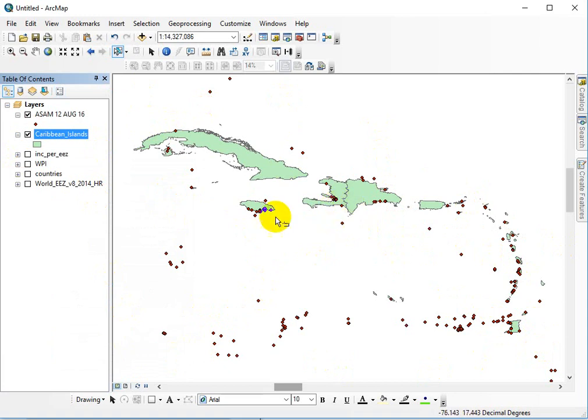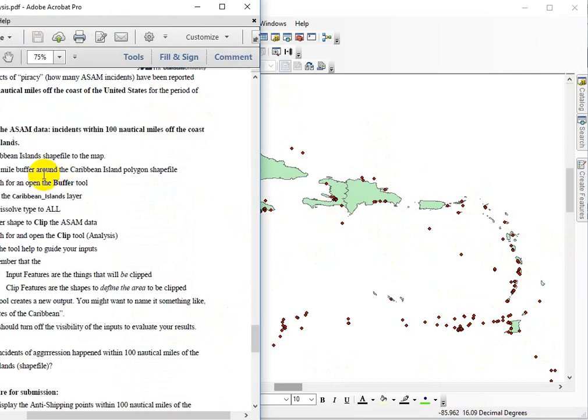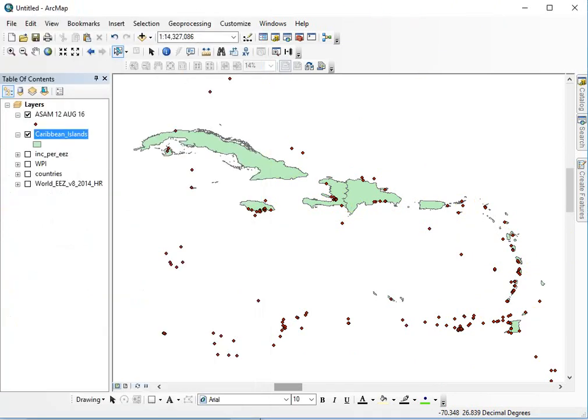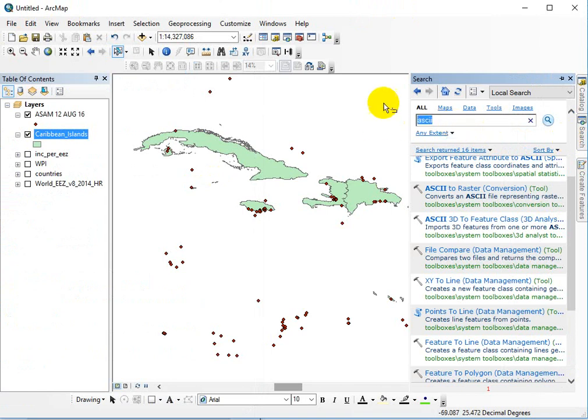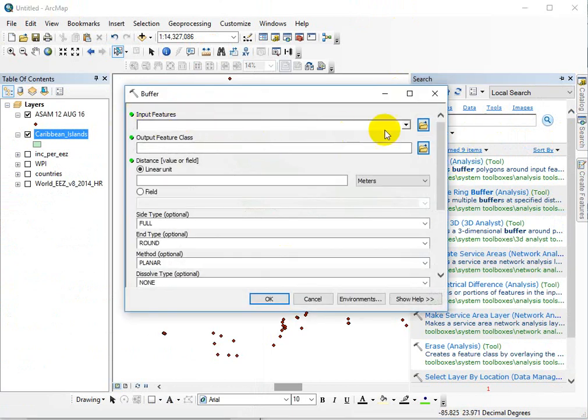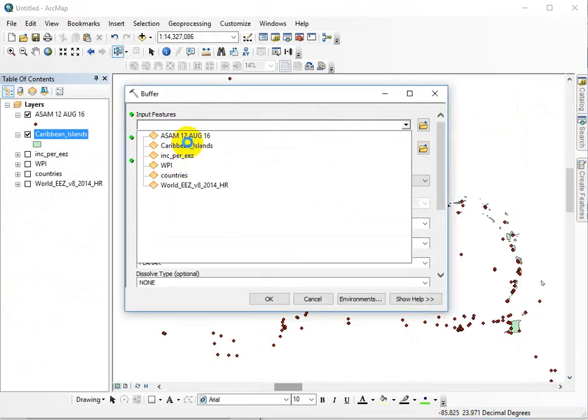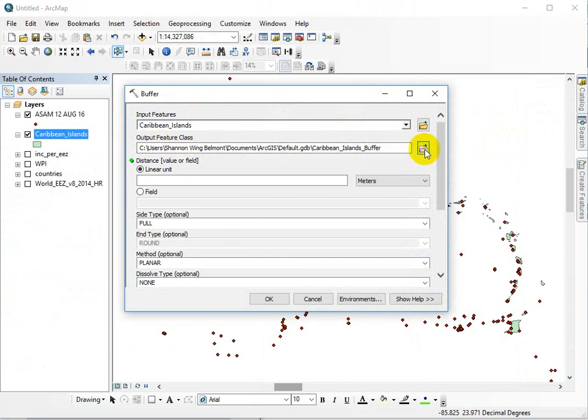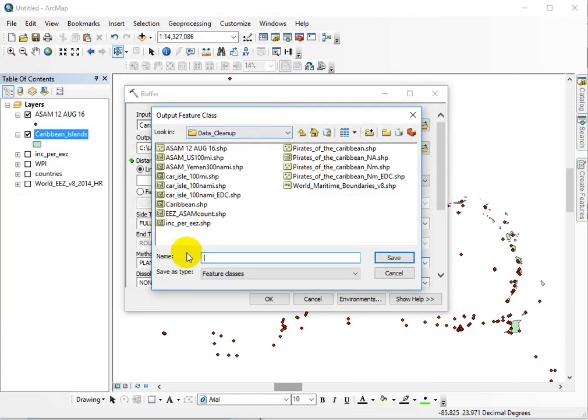So we want to create a buffer. Let me just double check. It's a 100 nautical mile buffer. So to do that, we're going to search and put in buffer, and the analysis tool works great if it'll open. What we want to be buffering are the islands, so we'll put that in here. Our output feature class, we're going to put in our output data folder, and we can call it